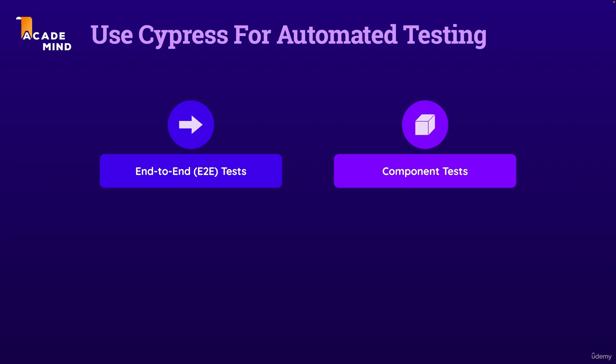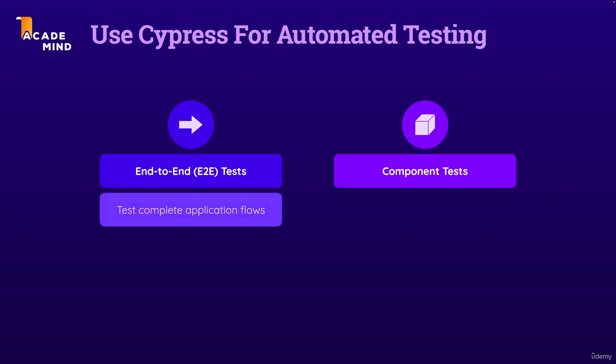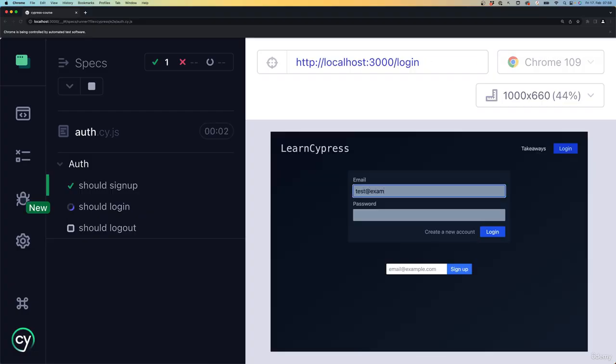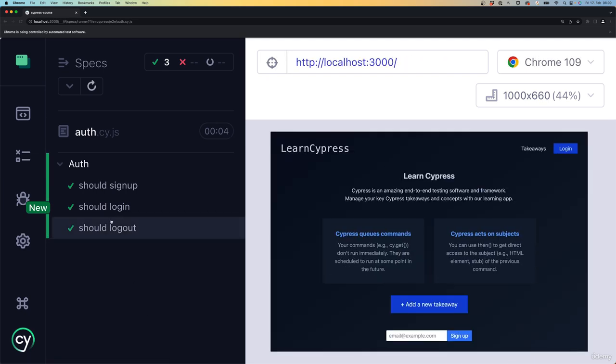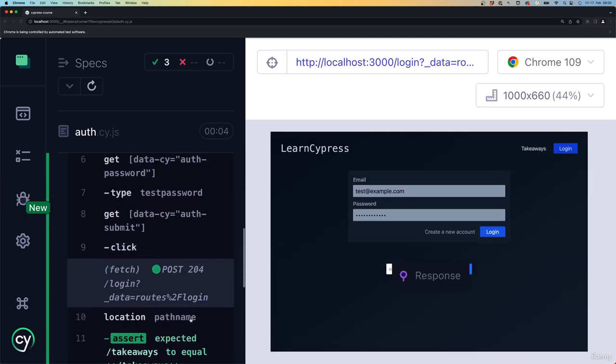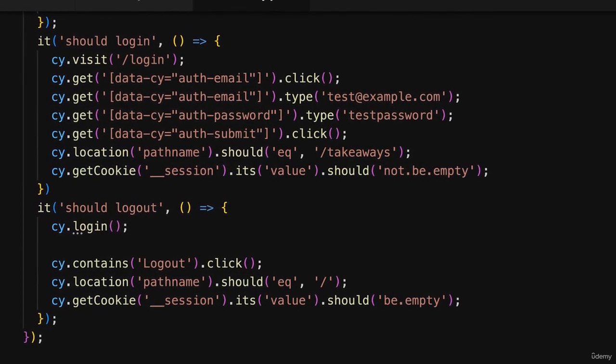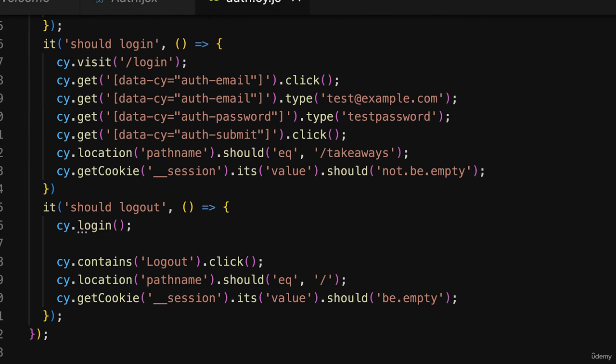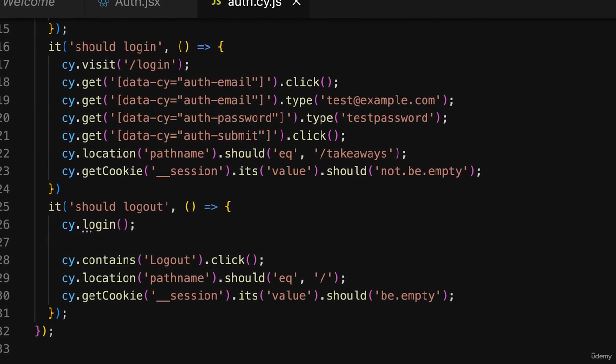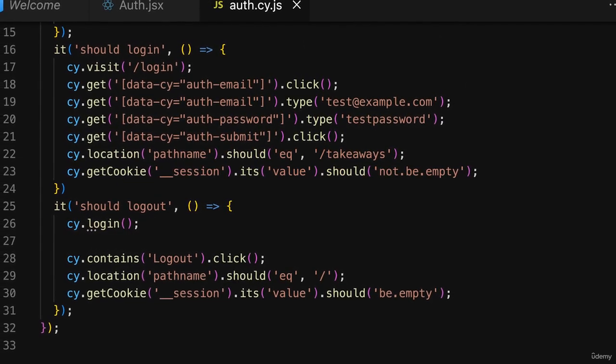Now, the idea behind end-to-end tests is that you have automated tests that test entire application flows. For example, the user authentication flow, where a user enters data into some input fields, hits the enter key, and then is logged in. You might want to test whether this entire flow works correctly, and you could write an end-to-end test with help of Cypress to do just that. And indeed, this exact flow will be one of the many examples we will take a look at throughout this